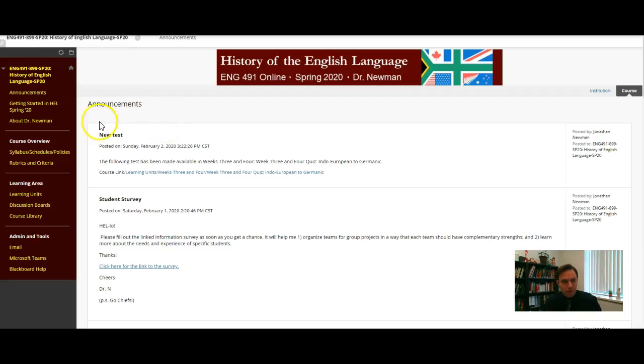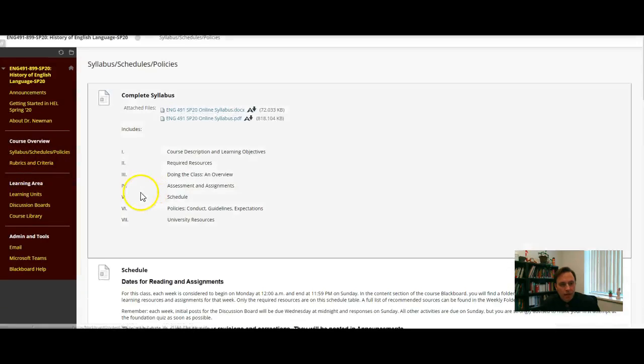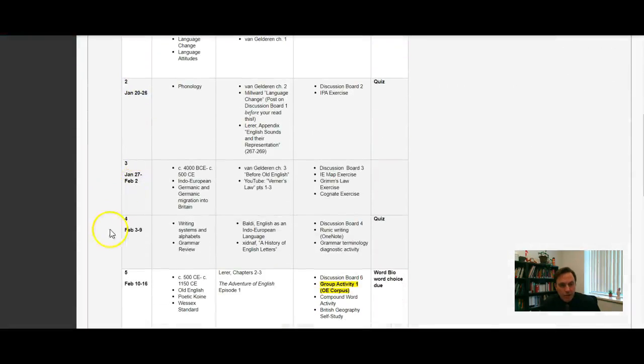Now, if you're ever lost as to what to do when the week begins, or as you're moving forward in this class, a good place to go back to is always under Syllabus, Schedule, and Policies. Go down to the schedule. Here we are in week 4, February 3rd through 9th. This week our topics are writing systems and alphabets, and a little bit of grammar review. The readings, in addition to last week's readings, we now have this short essay, English as a European language,